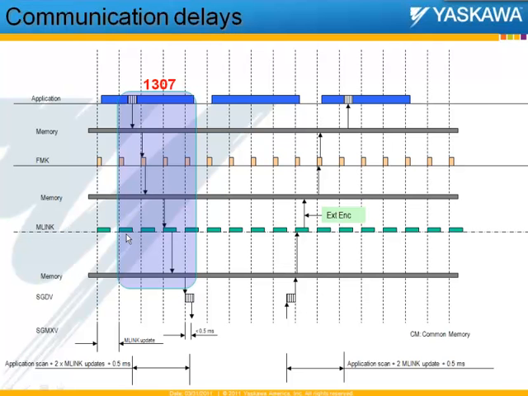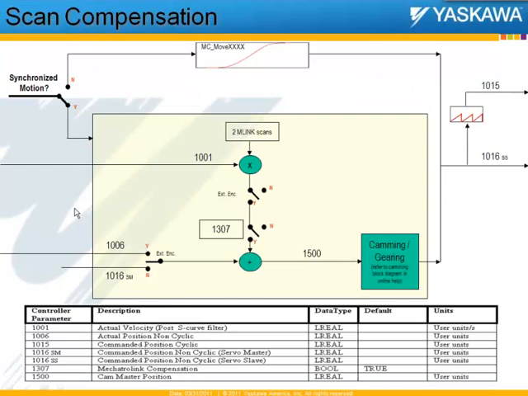To do that, we have to take a look at this second block diagram. If you look from left to right on this block diagram, this is where the controller makes a decision on what needs to be done. So if we are in synchronized motion, as we are right now, camming or gearing, the command that comes from the master encoder, this is the position command that comes from the master encoder, is used, and